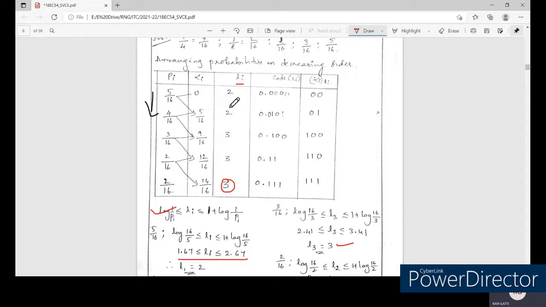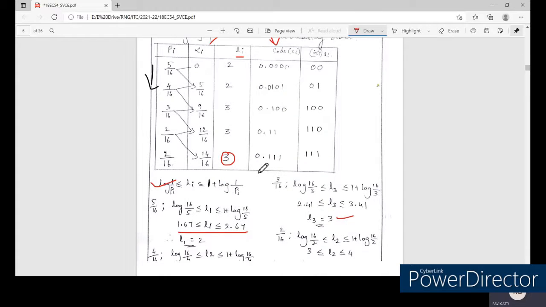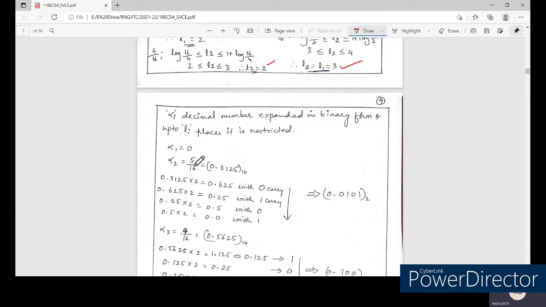Okay. So the next thing you are supposed to do is take these alpha values in order to do the conversion of this Li into code vectors. How are you going to do it? You take the first value, that is alpha 1, which is 0. When you convert this into binary, it will always be all zeros only, whatever conversion you do.